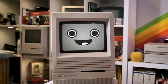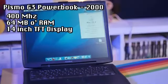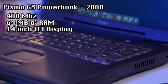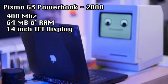Ooh, so I just opened this box with some really cool stuff from Billy. He sent us a Macintosh Classic and a PowerBook G3 laptop. And the PowerBook works perfectly. Thanks, Billy, for sending these over. This G3 PowerBook is a very powerful laptop that I wish I could have had back in the day. Thankfully, it still runs and works perfectly on its old hard drive. It has 64 megabytes of RAM, and it's running a 400 megahertz G3,